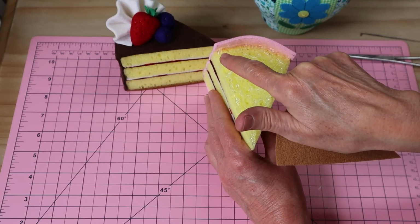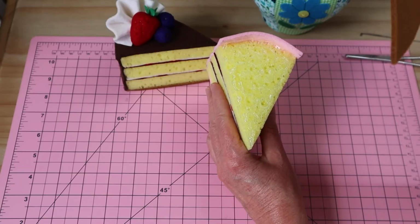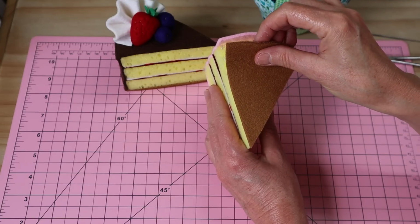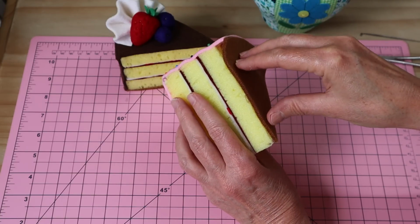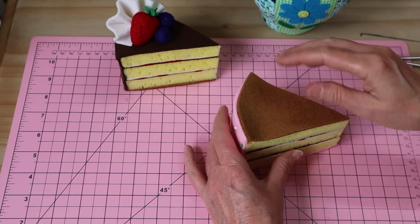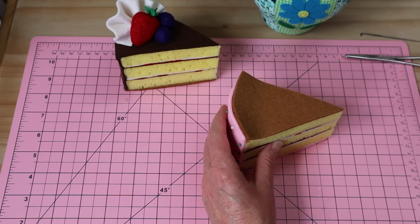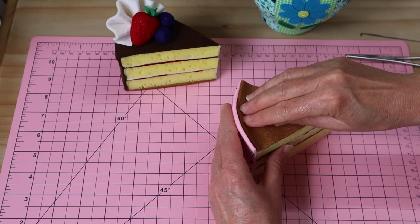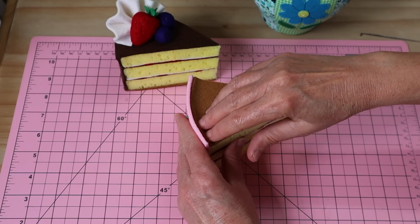You can see that I've added some glue just a little way up that little edge there because it's going to form a little rim there, and I promise this is the last layer to be glued. So again, we start forward, we pull it back a little, and we're going to line that all up. I love the little base on this cake, such a great finish. Okay, so you can see there that I've got my little edge lined up at the front, and I'm going to press that one down and I'm going to create a little lip as I do that. So I really want to get right into that edge,